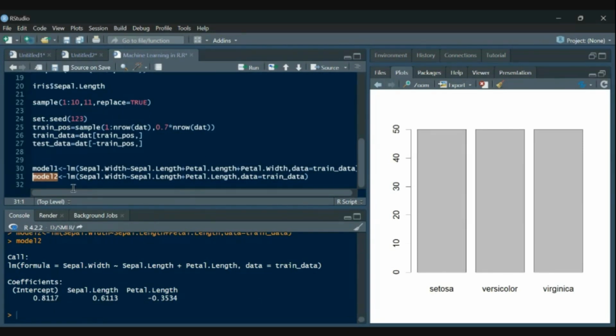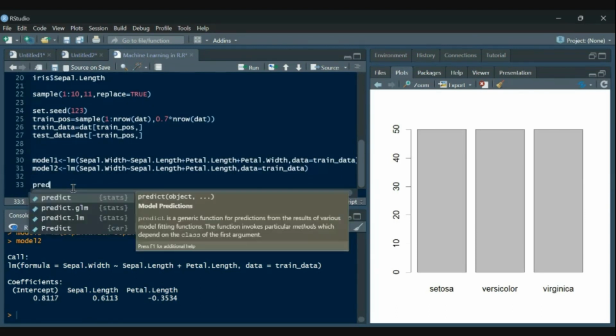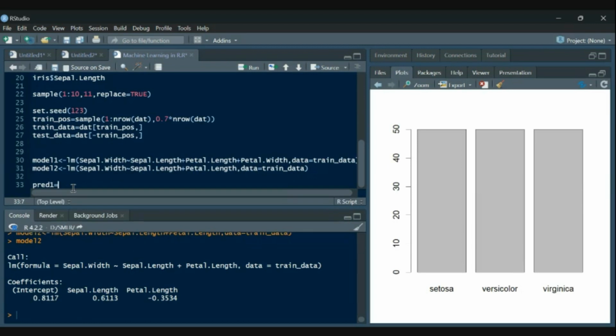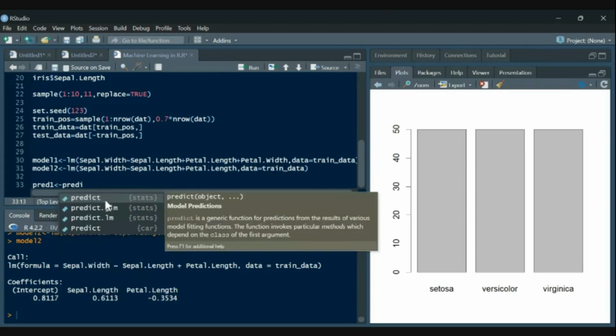So let's create prediction 1. This we are doing for model number 1. Here this is predict in the stats package.